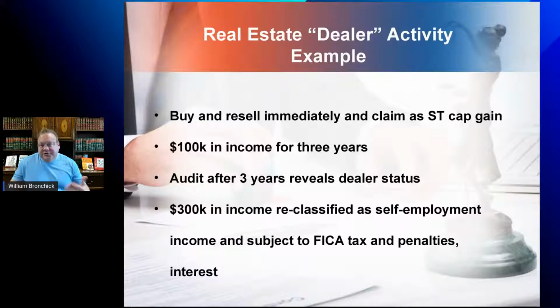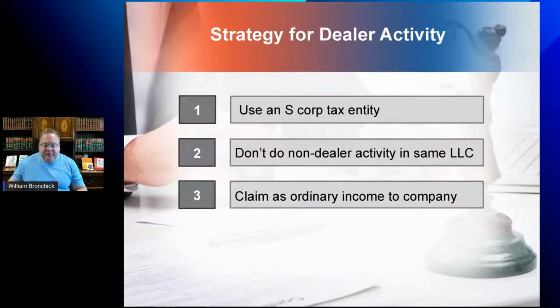Number one. Number two, they're going to hit you with penalties and interest for the last 3 years, and that could be pretty fatal. So how do we mitigate that? How do we avoid it? The best way would be to use a corporate tax structure. When I say corporate, I mean C or S Corp. For most people, it's going to be S Corp. Some people might go C Corp, but we're talking about LLCs here, so just bear with me. Some people will go C Corp, but most people will be S Corp.